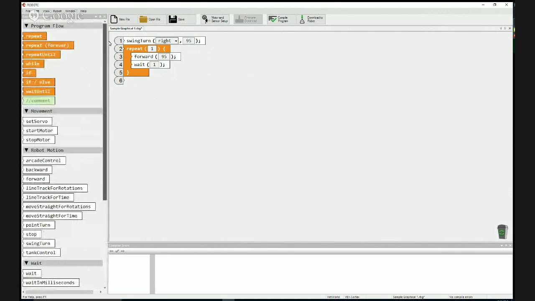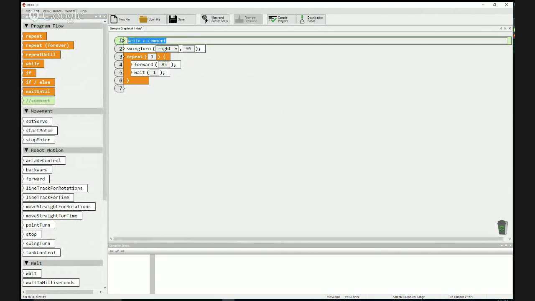One of the most important things we do support is the comment block. So you can drag in a comment block, and just like in normal programming, you can type a comment in the top. So this command is,